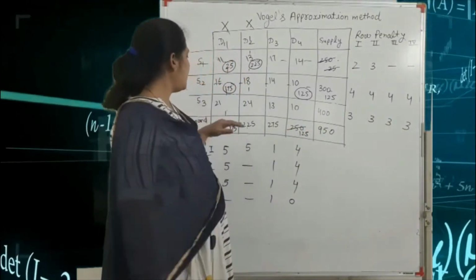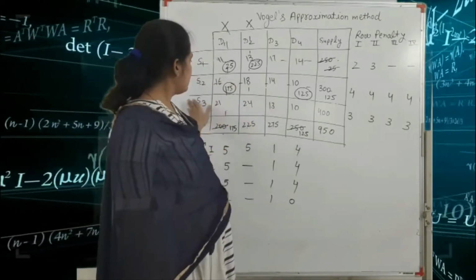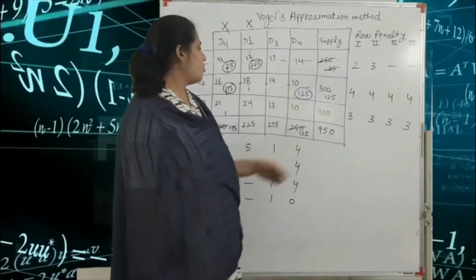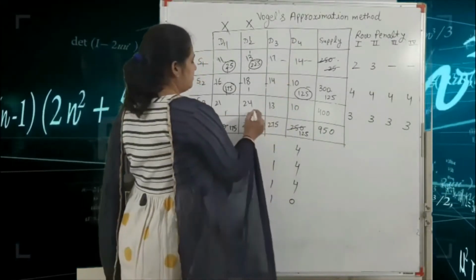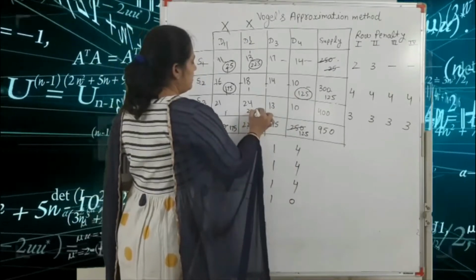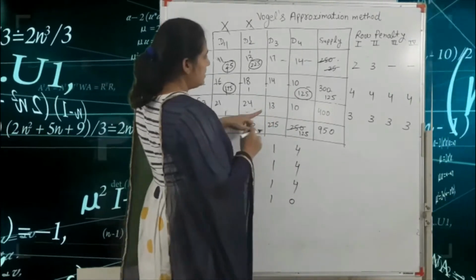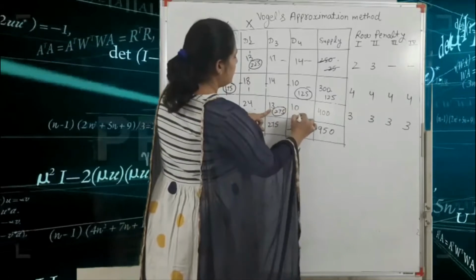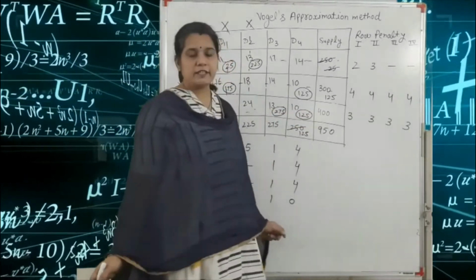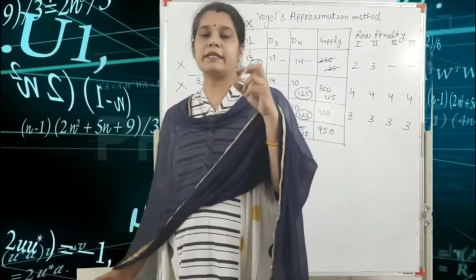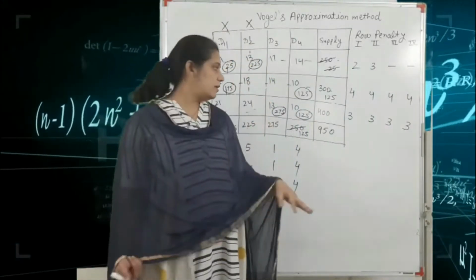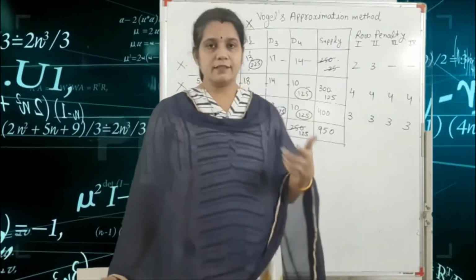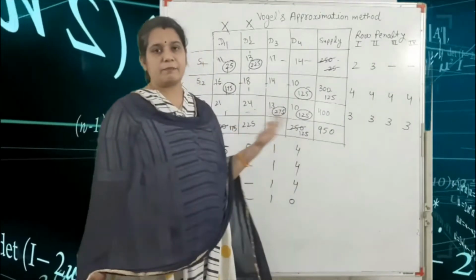Got it? So with the help of this, we have only the third row and only the fourth column. So you randomly write here by reasoning. Here we write the 225, that means this column is cancelled. Here 275 and 125. So we write here 275 and here we write the 125. Got it? So always keep in mind if only one row or only one column remains, you write here logically, or you use reasoning, and after that you allocate your supply and demand.